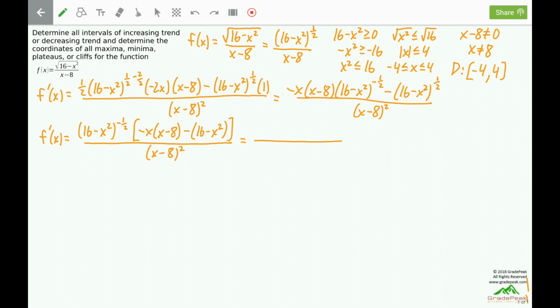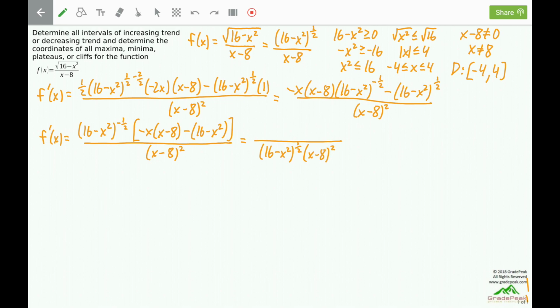That negative power that just factored out can now move to the overall denominator to become a positive power. So it will be 16 minus x squared to the positive 1/2. There's also an x minus 8